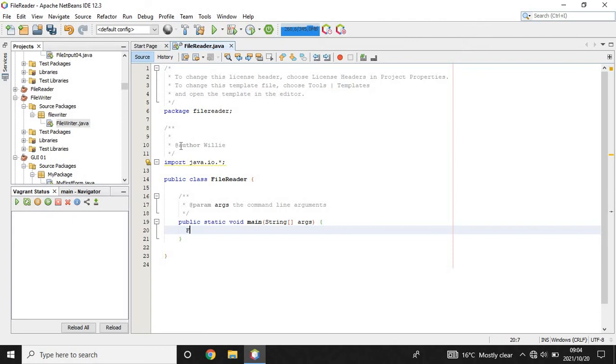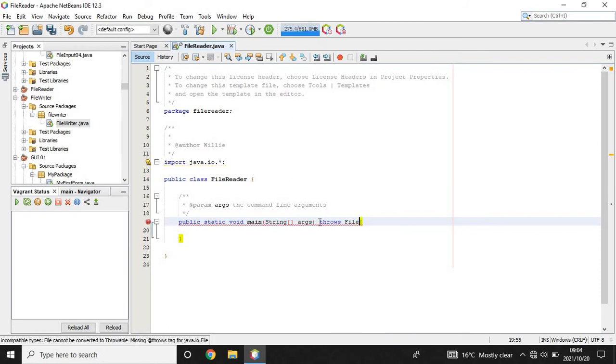Now we create something called file. Oh, by the way, before we jump into that, now we have to throw an exception. Throws file not